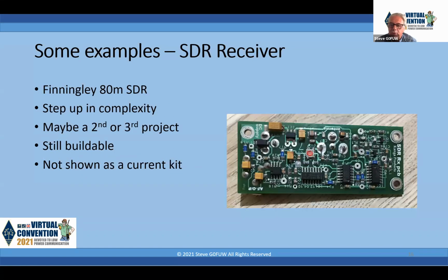Now, this was my very first attempt at SMD, and looking back, it was probably a silly thing to do. I wanted to give it a go, and this was a kit that came from Kanga, no longer available, or at least it's no longer shown on the website. It's called the Finningley 80 Meter SDR, and it came from a project, I think, from the Finningley Radio Club, and Dennis got permission to produce it as a kit. It's certainly a step up in complexity from those other ones that we've looked at. As you can see from the picture, there's less space to work. There's some fairly small components on there, and